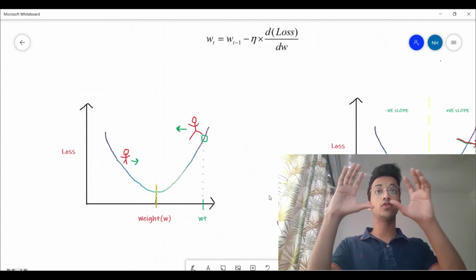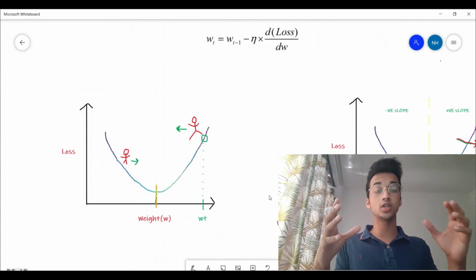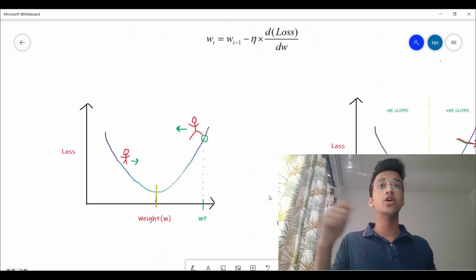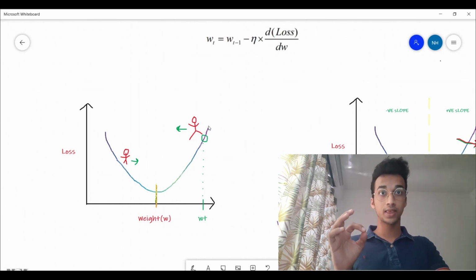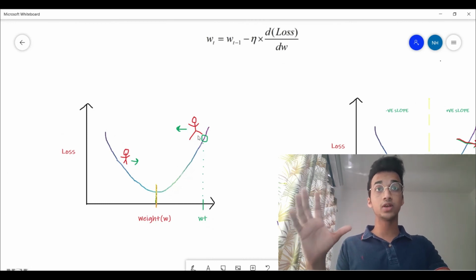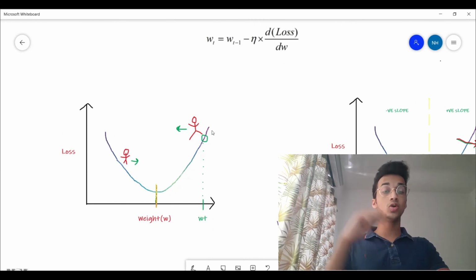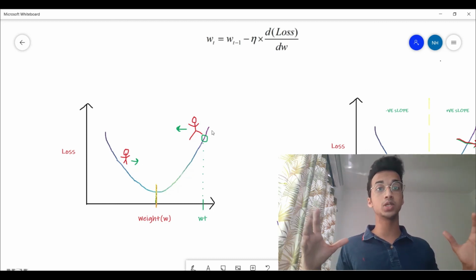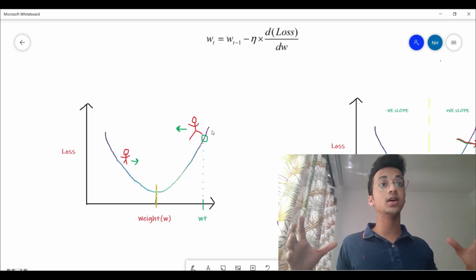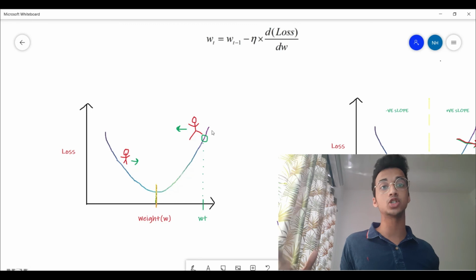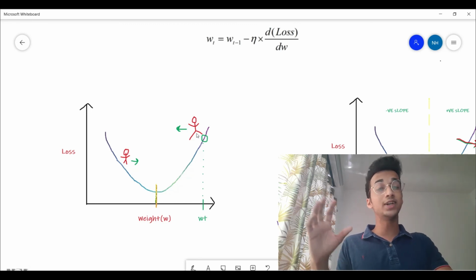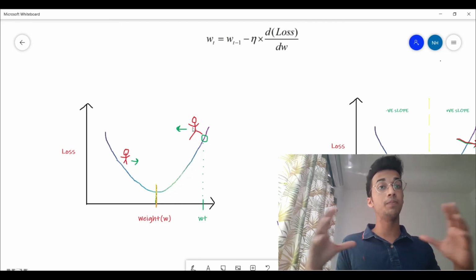And I'm sure if you understand this diagram, if you understand this concept, you can figure it out on your own. For example, let's say you're this guy and you're at the top of the curve on the right hand side. So the bottom is a long way away. So you want to take bigger steps, which means you want to increase the learning rate. The higher the learning rate, the bigger your step is going to be, the bigger the weight updation is going to be. So at the top of the curve, you want the learning rate to be a big number.